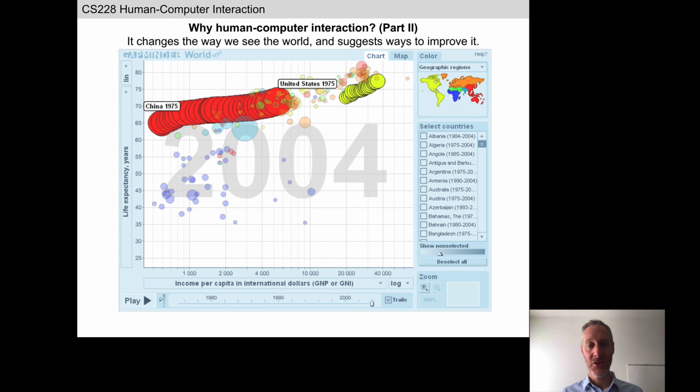Like with circle size, why is it that circles that are closer to us in the present are less occluded and those further into the past are more occluded? Why not the opposite? Occlude data points that are closer to us here in the present. Why that choice? Two ways we could have used occlusion to represent the passage of time. Why isn't the top right circle here, which is 2004, the one that's furthest towards the back, and the one down here, which represents 1975, why is that not the one that is non-occluded?